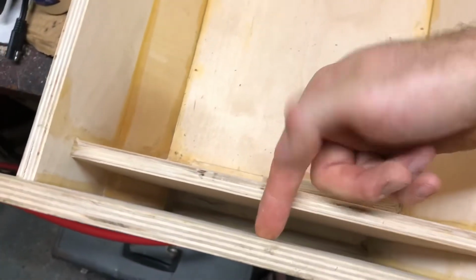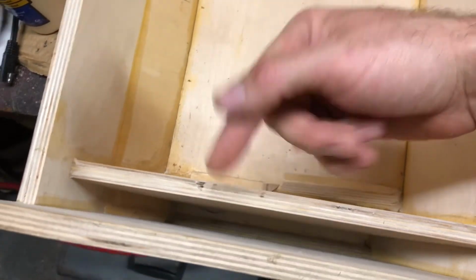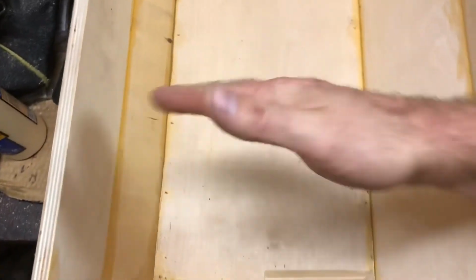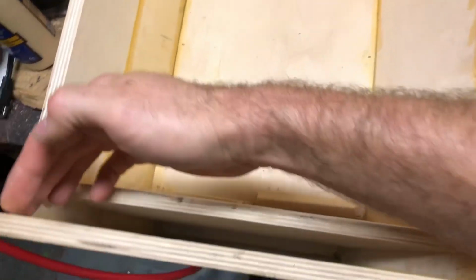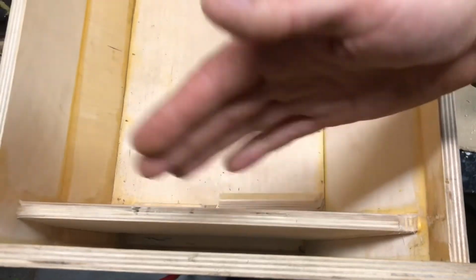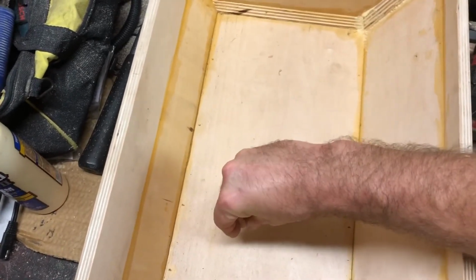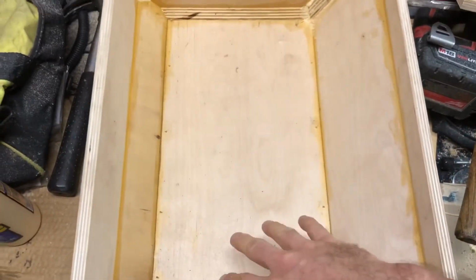Yeah, I don't know if you can see it down there, but there's a 45 in there. Yeah, it's hard to see. Anyway, there's a 45 down there. So this measurement here is like 7/8, and where it transitions into here, it goes from 7/8 to 1 inch. So this is a bigger port than what is required, but it flows into the exact port length for these 19 inches here. And that's 1 inch by 8 inches, or 4 square inches of port area per